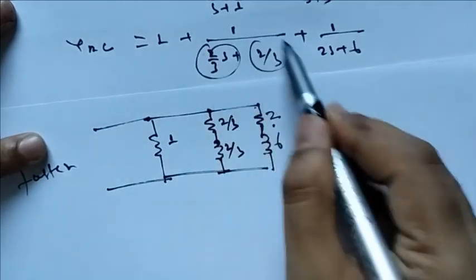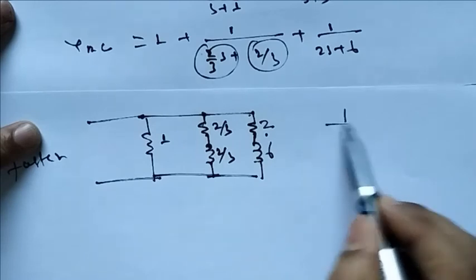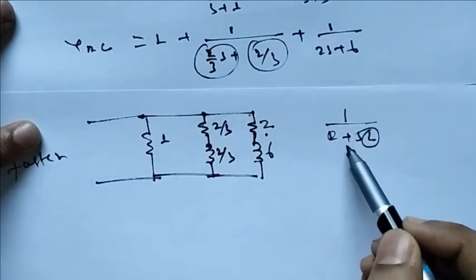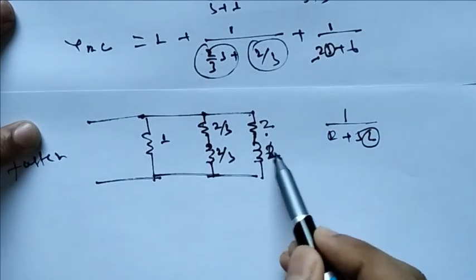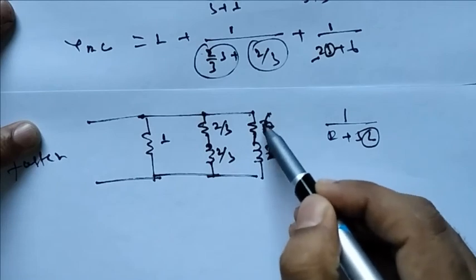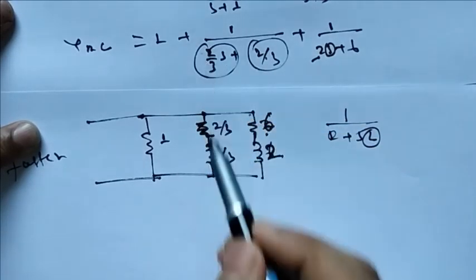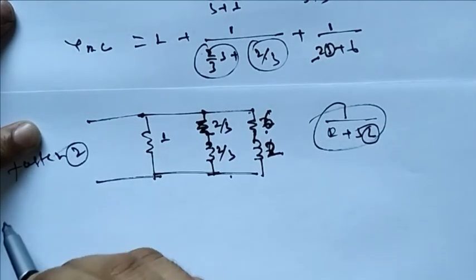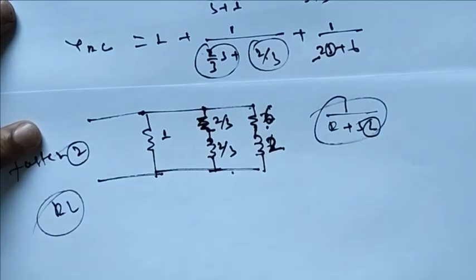Now how are you going to compare this one? Now this is your series combination. Now if I take, this will be R plus sL. Now anything with s is called L. So here with s we have 2, so 2 will be the inductor and 6 will be our resistance. Here also 2 by 3 will be resistance and 2 by 3 will be inductor. So from here we can check it. So this is your Foster 2 form of RL network. This is how we calculate the RL network.